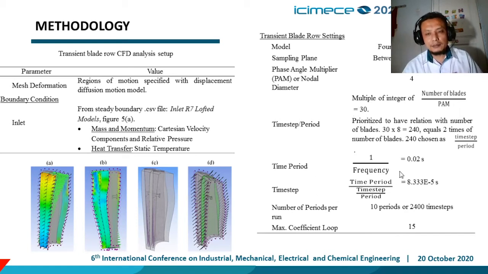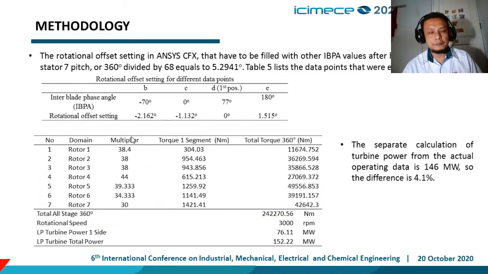Time period 0.02 second, and number of period per run 10 period or 2400 time step. So the rotational offset setting in ANSYS CFX has to be filled with the IBPA value